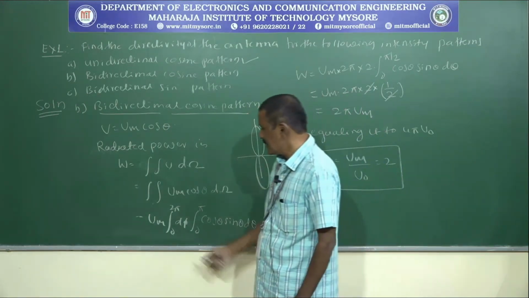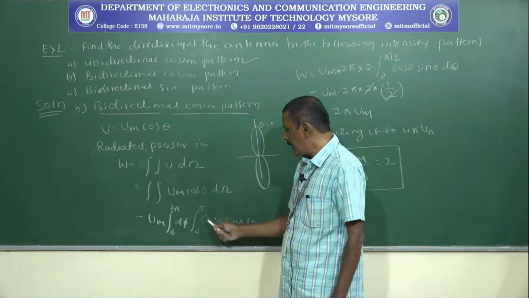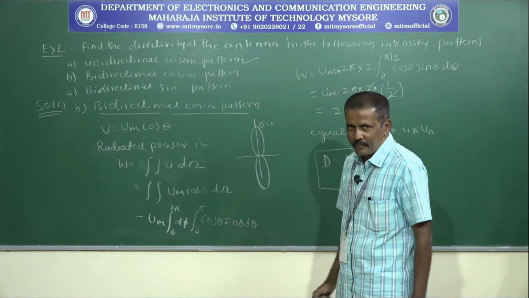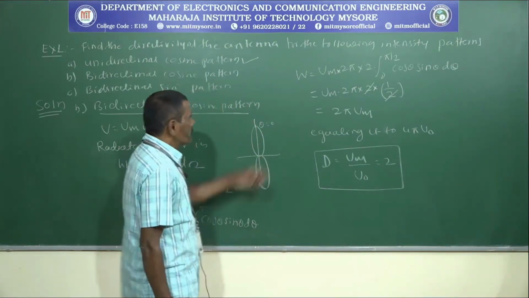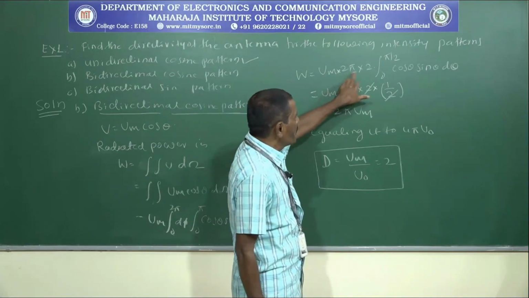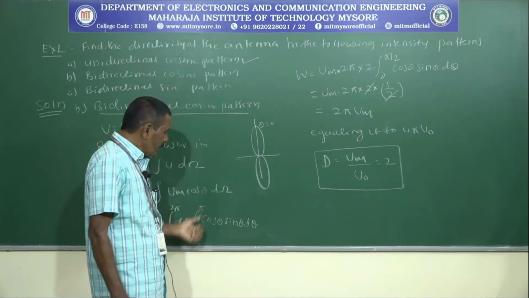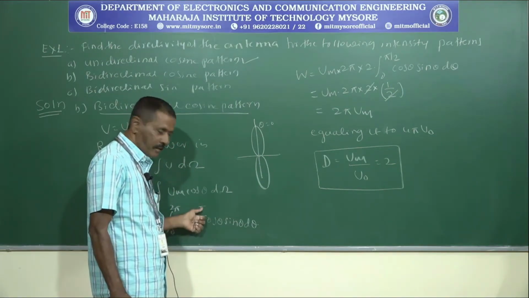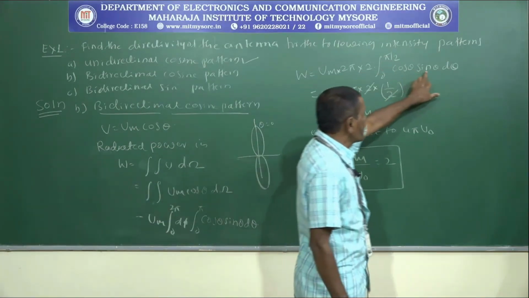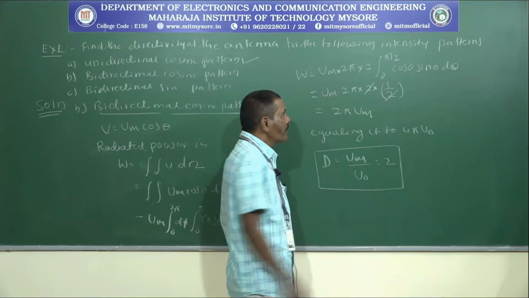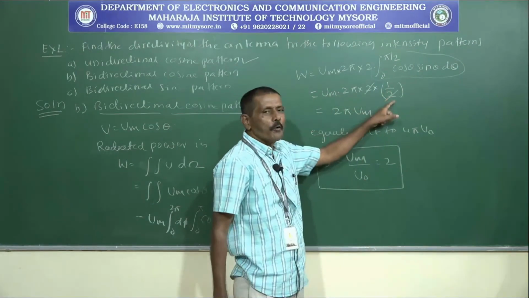If you substitute in this equation, then we get the integral from 0 to 2 pi of d phi, and from 0 to pi of cos theta sin theta d theta. Now, if you integrate this equation, it becomes 2 pi into 2, because to integrate these equations, a slight modification has been made to the limits of this integration. Then 2 into the integral from 0 to pi by 2 of cos theta sin theta d theta. Now, the value of this term is going to be 1 by 2.